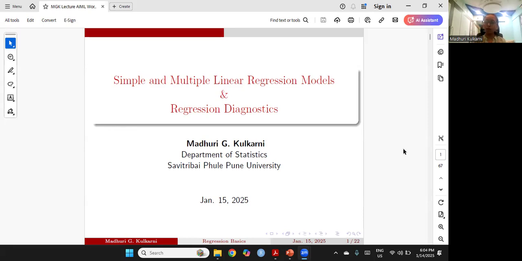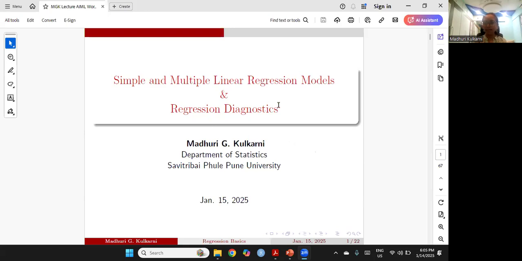In today's session, first I would be discussing regression models, very simple linear regression models. And then in the later half of the session, I would be discussing a case study, which I handled last year because of a collaborative work. So let us first see what we mean by regression models and in which cases we can use it.